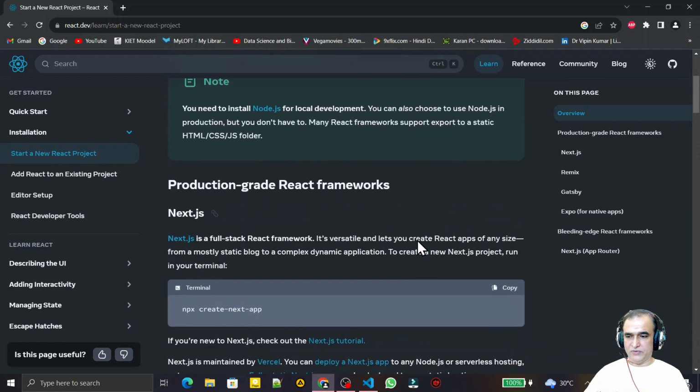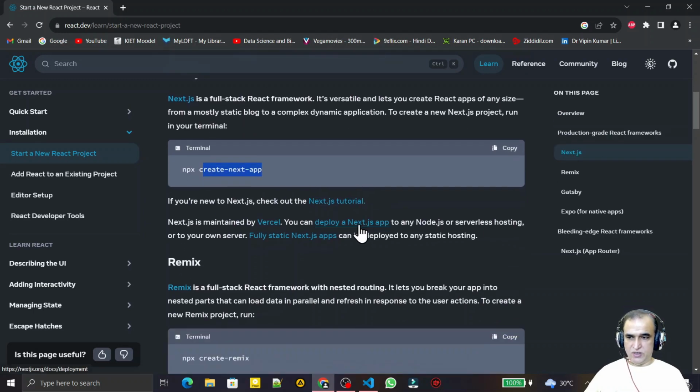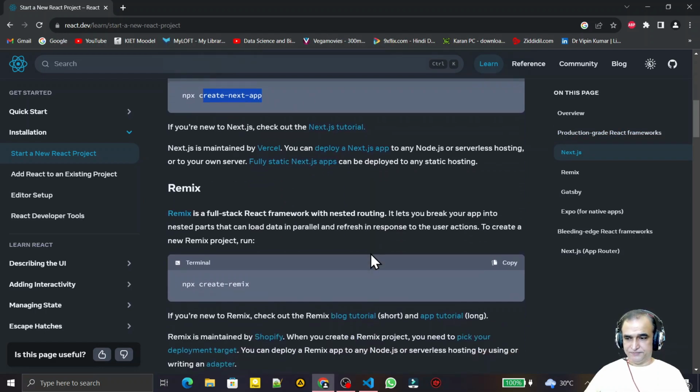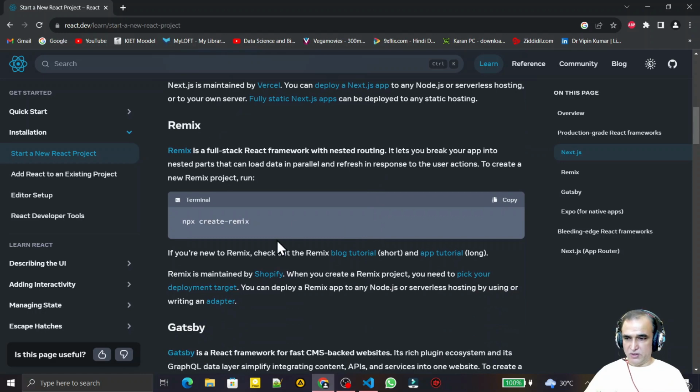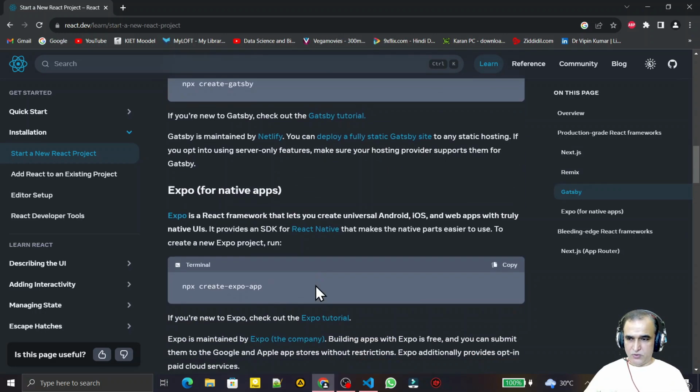So what are the frameworks? You can use create-next-app. With the help of this you can create a React application, but here you need Next.js. Then you can use Remix, Gatsby, Expo.